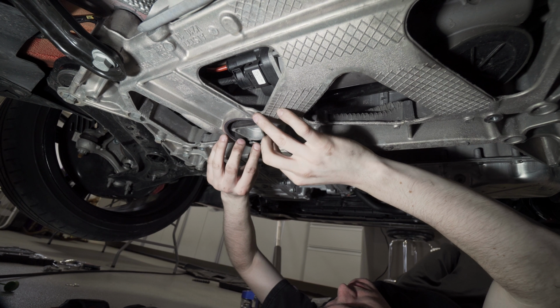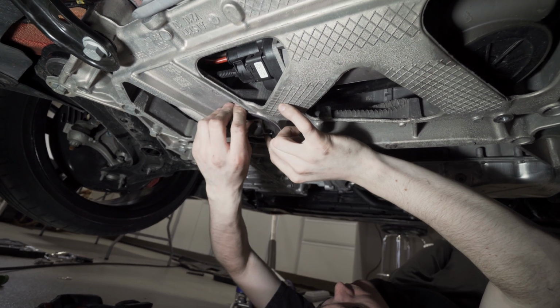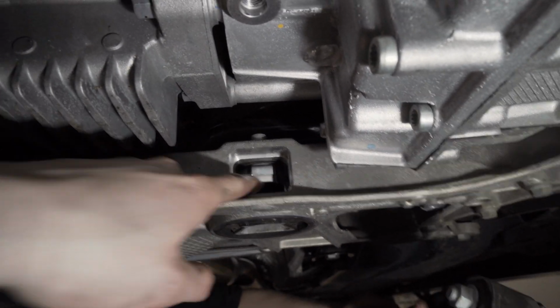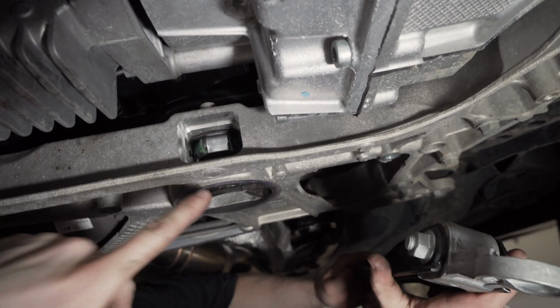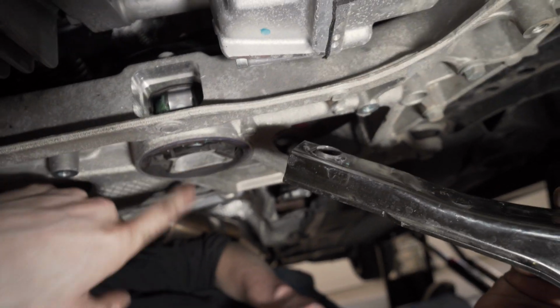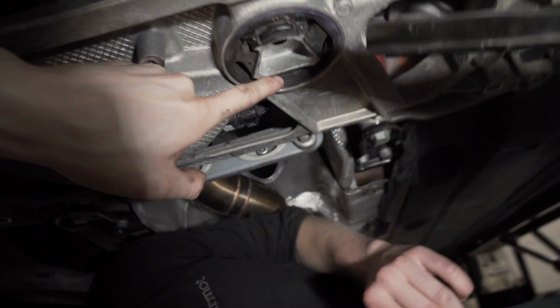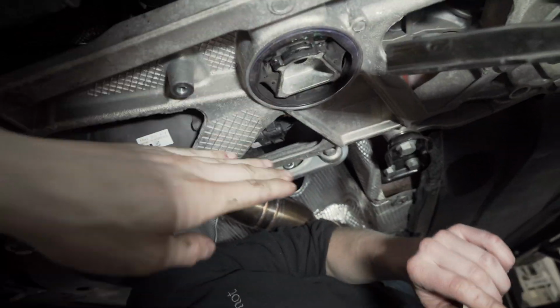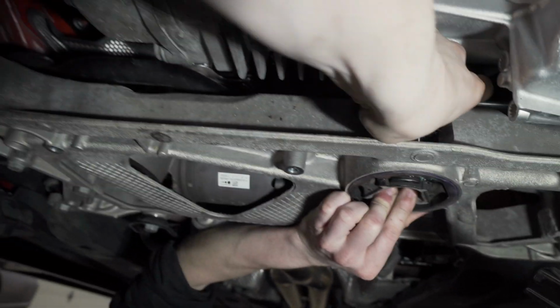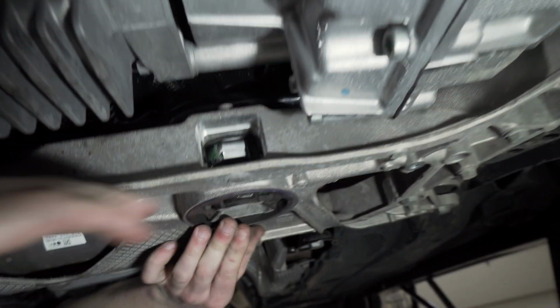That's the easiest way to do it. It looks like is kind of pry back on this guy. So you can see right here this is where our insert is. The little window in the insert, because it's an upper piece, it's gonna go up to the top. We're gonna have Kyle in a moment here pry back on the back of this again, which is what we were just doing, just kind of push it back a little bit to take the slack off. So do that now. Okay. And I should be able to,